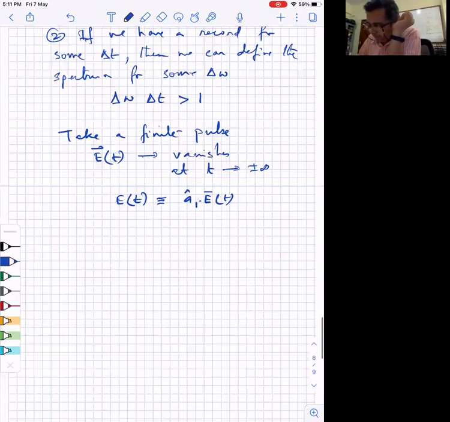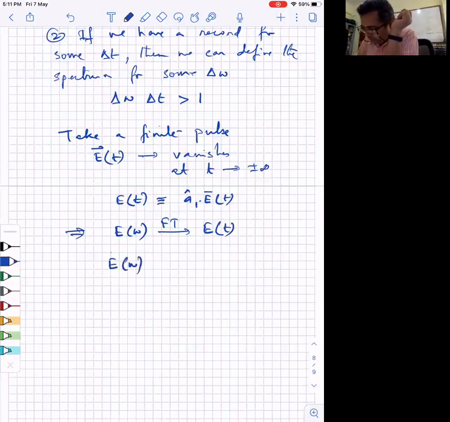Then I can write down my E of frequency by doing a Fourier transform. So E omega is equal to 1 by 2 pi